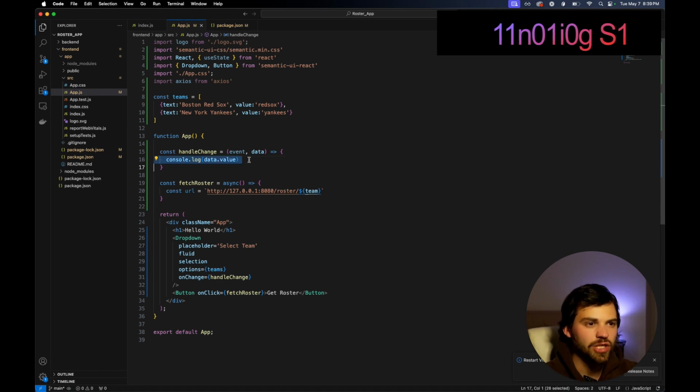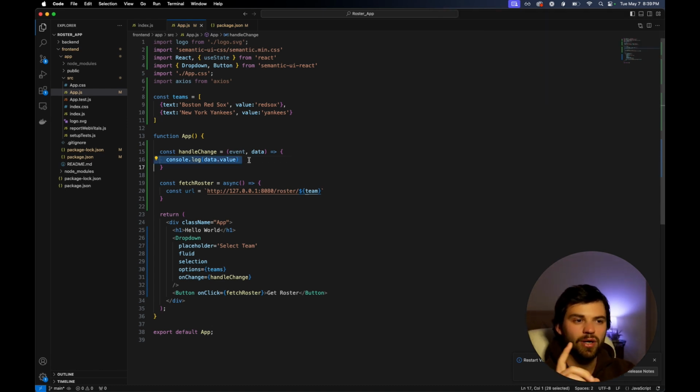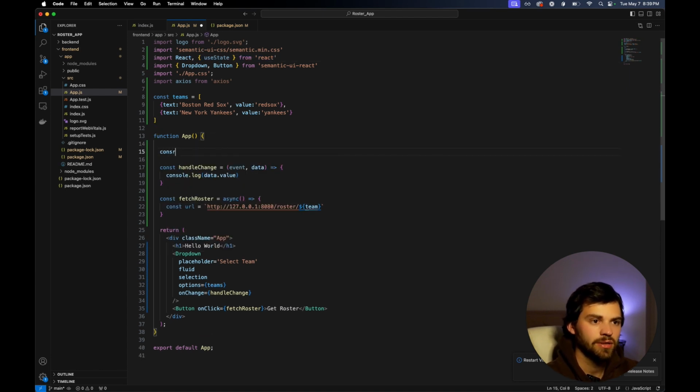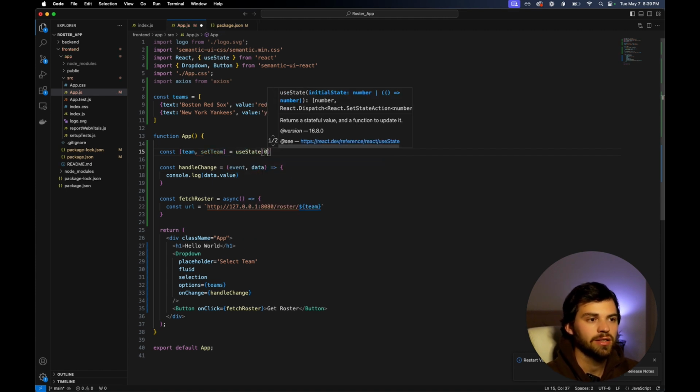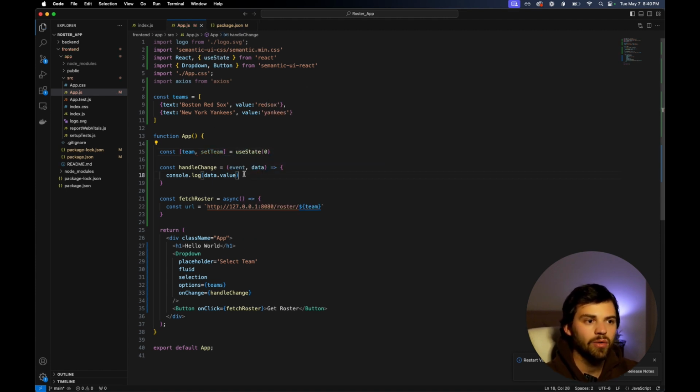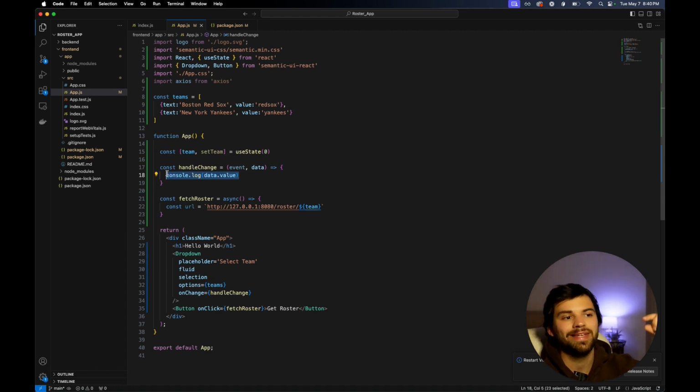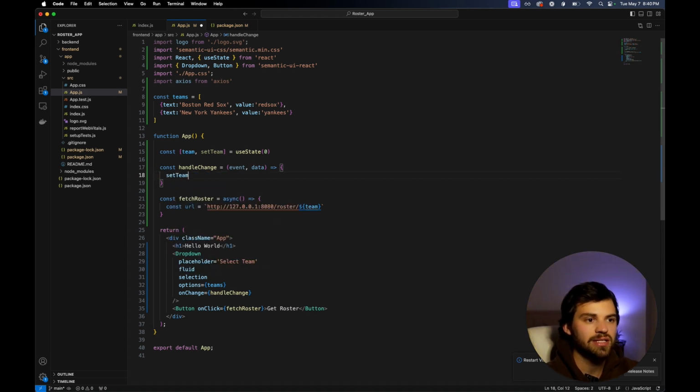But if you remember in our handleChange, we said we wanted to manage state, but we're not doing that. We're not managing the state. All we did was console.log that out, but we need to be able to update our state. So we're going to create two variables from our useState function, and we're going to say const, and then we're going to pass a variable, and it's going to be team in an array, and then it's going to say setTeam equals useState(0). So now, when we handle this change and we get a new team, we want to say set the team to be our